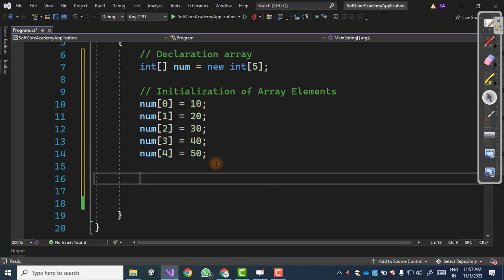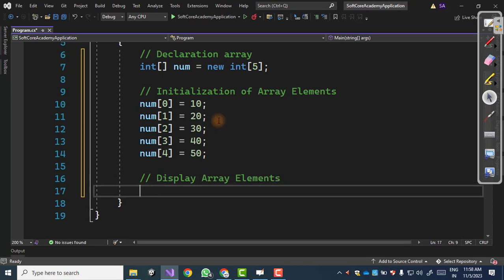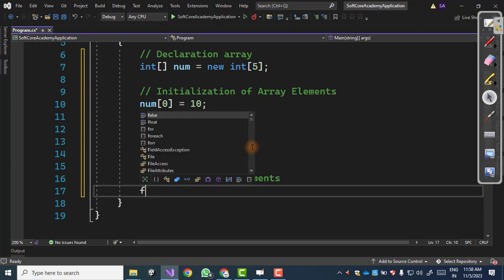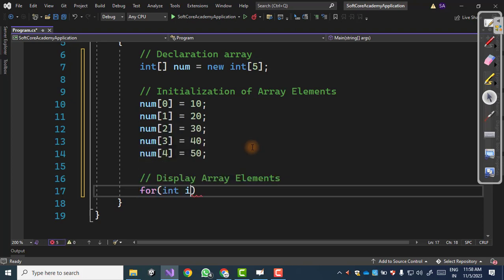Okay, now the third step is displaying the array elements. To display the array elements, there are 2 ways. Either you can use a for loop like this. We start from 0 and go till 5, then i.